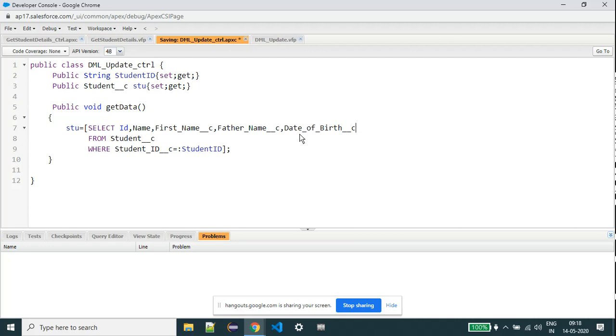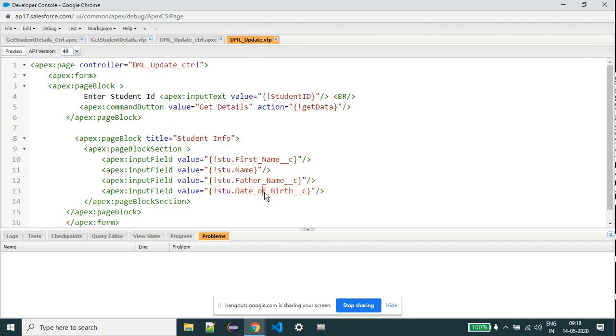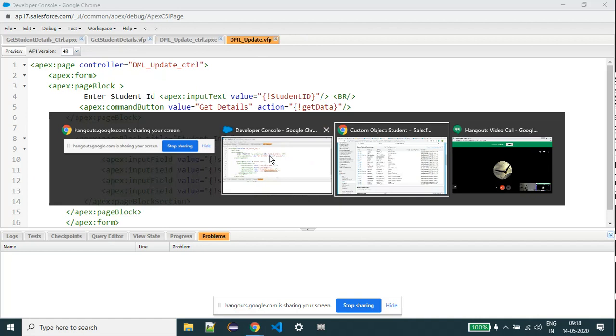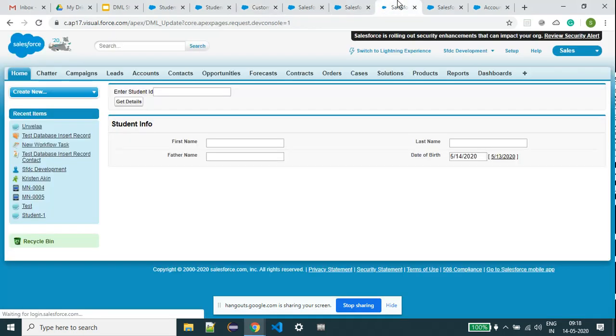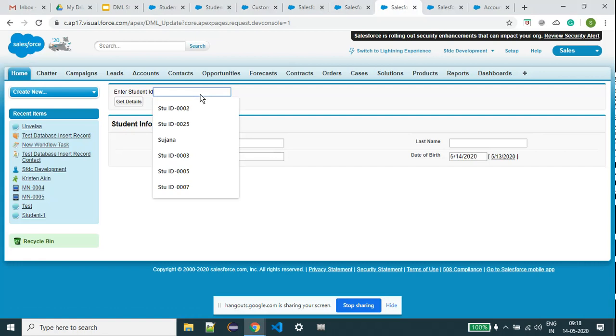For example, suppose you have not added date of birth at the query level, but at the Visualforce page level you are using this field. So what happens? You can check it now. I am giving something, student get details.